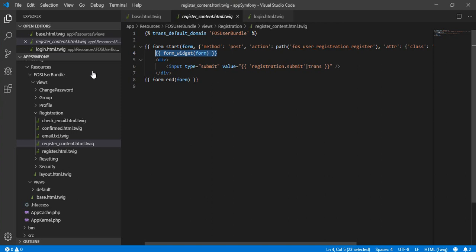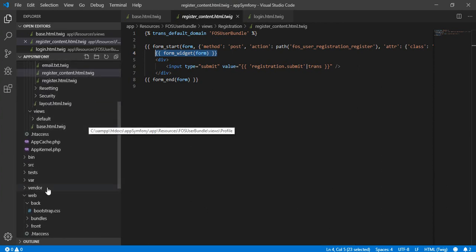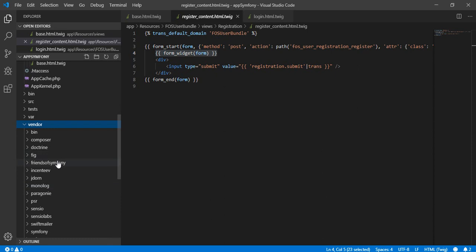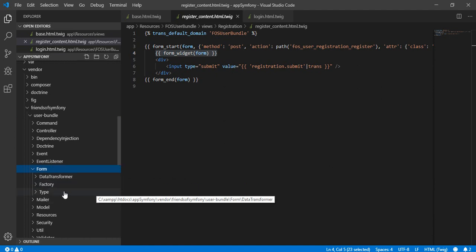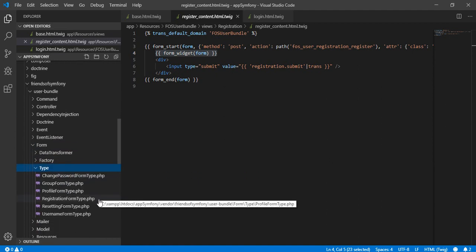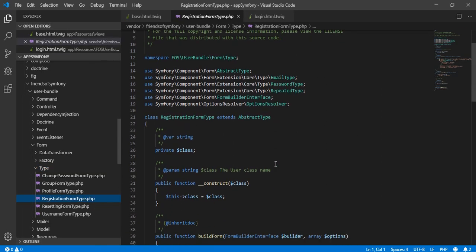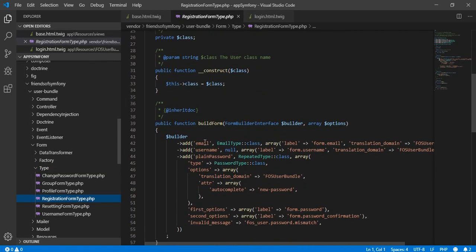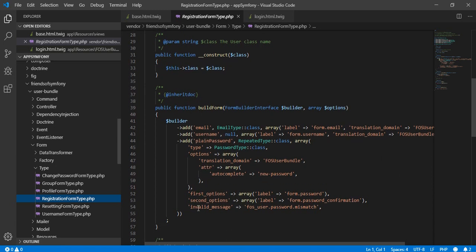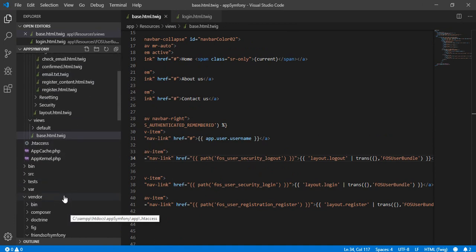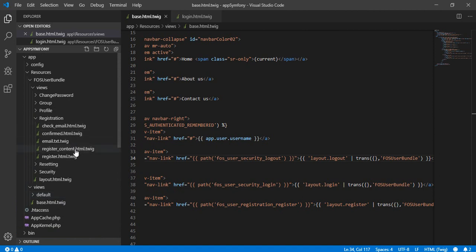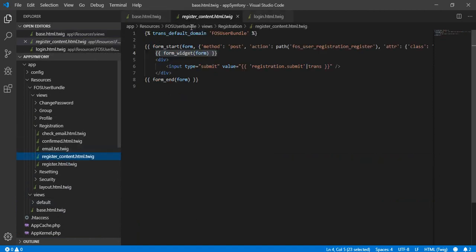And to see this form we need to go back to vendor, friend of Symfony, and here we see form and we search type, and we find registration form, and here it is. And here we see email, username, password, and all the fields we have in the registration. So now let's go back to the email. We'll just close the vendor and go back here to our register